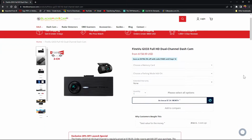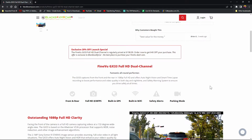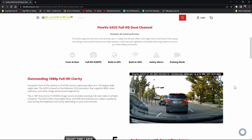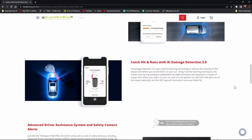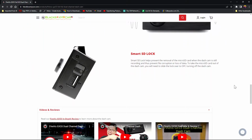Now, this is actually not a bad price. You just want to make sure that you check the specs of it to find out if it has the features that you are looking for in a dash cam. Personally, I think this is a good buy for anyone who's looking for an inexpensive dash camera, but they also have the